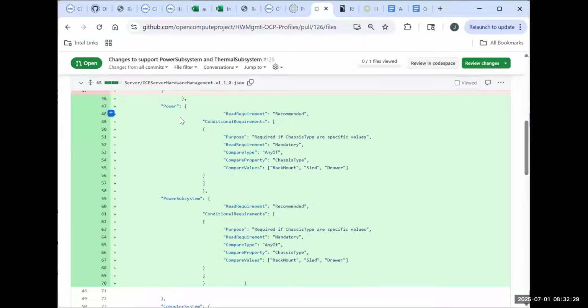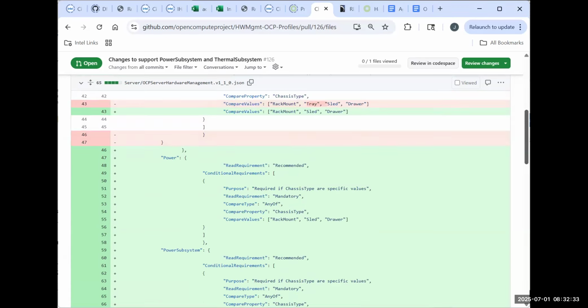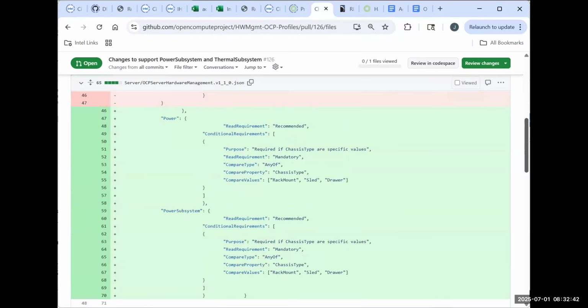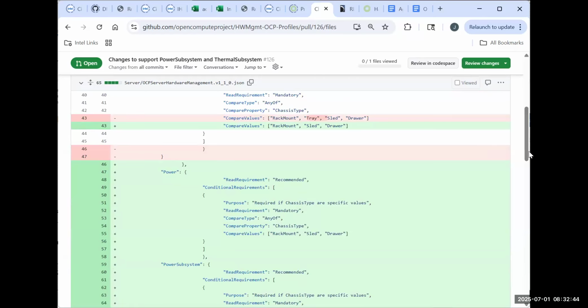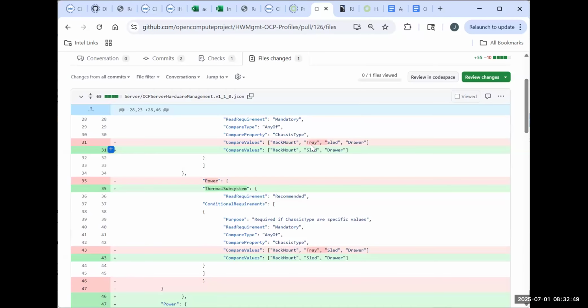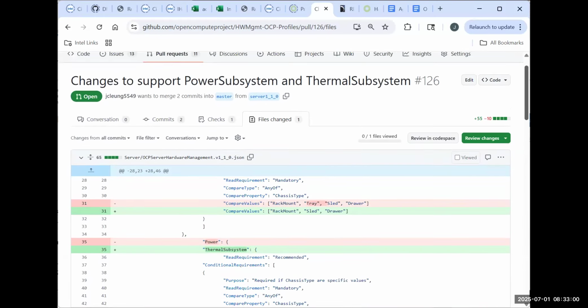So what I've added is power subsystem and thermal subsystem. They didn't do that very well. So that should allow this section to pass. And then in so doing, I realized that tray is not a chassis type enum, so I just removed it. I think there was a previous issue filed against this. It didn't hurt anything, so I left it. But now since I'm doing an edit,